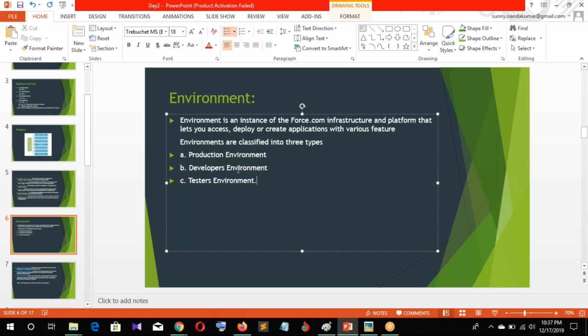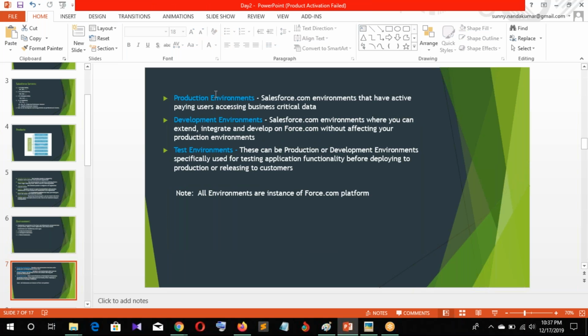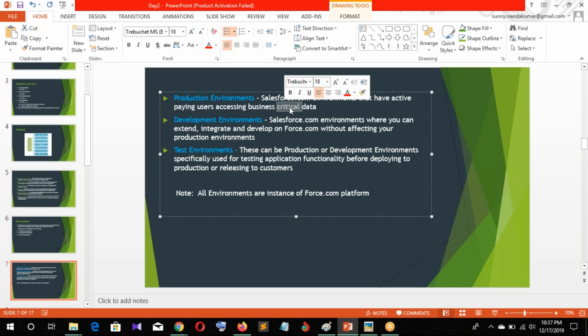End users are our customers. See, the Salesforce.com production environment has active paying users accessing business critical data. Business critical data is in the production environment. Understood? In the developer environment, we can extend, integrate, and develop on force.com without affecting